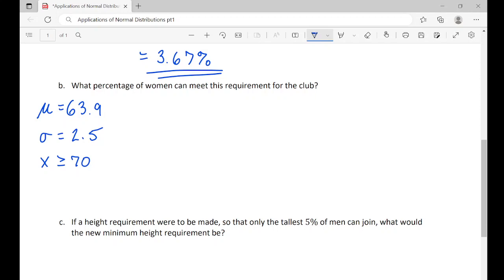And now we plug it into our z-score formula. So z equals 70 minus 63.9 divided by 2.5. And when we run that through, we're going to get a z-score of 2.44. And again, we want the women that will fit this, so it has to be, like we said over here, greater than or equal to 70. So we're going to use 2.44 as our z-score, and we're going to find everything from 2.44 going to the right. So again, normal CDF,